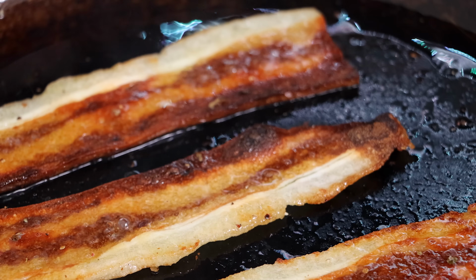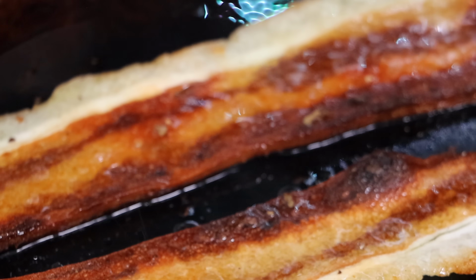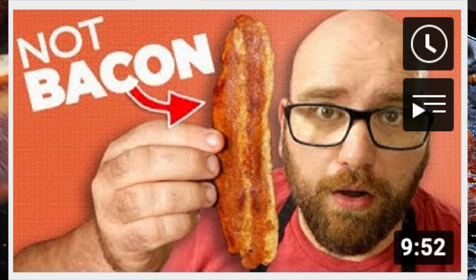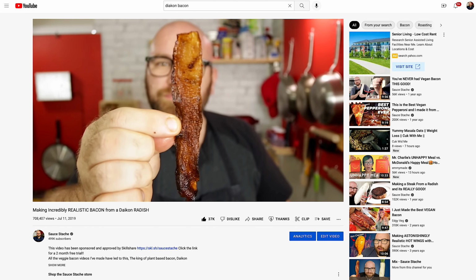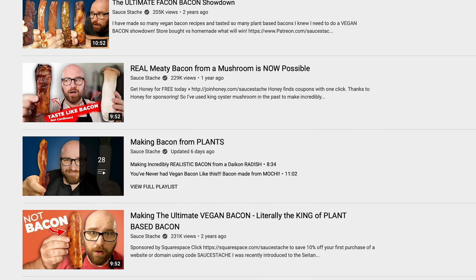Have you ever had a plant-based bacon that was so good you felt like you were eating the real thing? Neither have I. Now, I've made a lot of vegan bacon. I can't even tell you how many, and some of them have been really good. The Daikon Bacon is one of my all-time favorite creations. It really is. I've always felt like it could be better, and that's why I kept going with the bacon